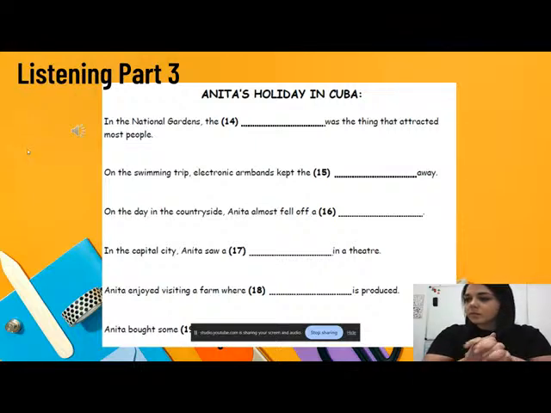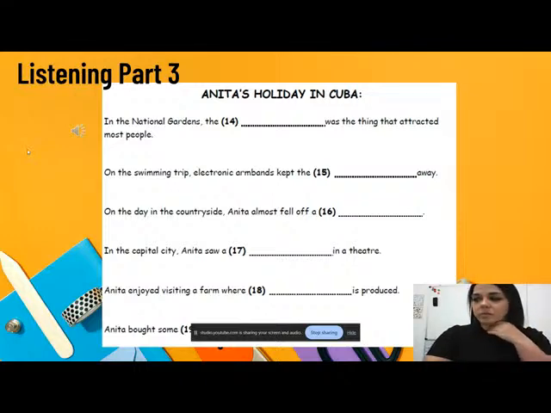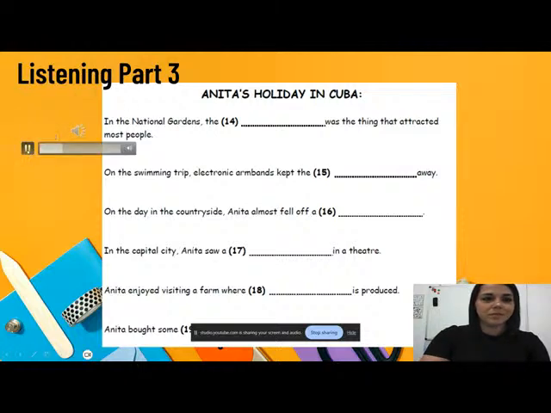You will hear a radio presenter called Anita talking about her holiday in Cuba. Hi everyone, Anita here. On today's program, I'm going to tell you about the week I've just spent in Cuba. We arrived on Sunday, and on Monday morning, we went on our first visit. This was the National Gardens. These are full of trees and flowers, and there was a fantastic waterfall that everyone stopped to admire, although the rainforest exhibition was the bit I liked best. On the second day,